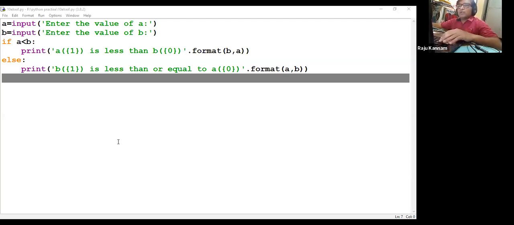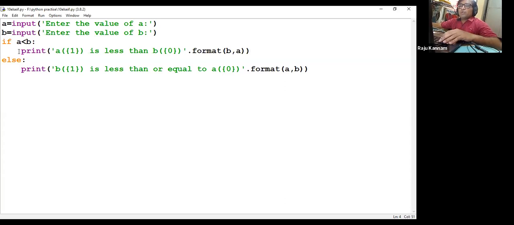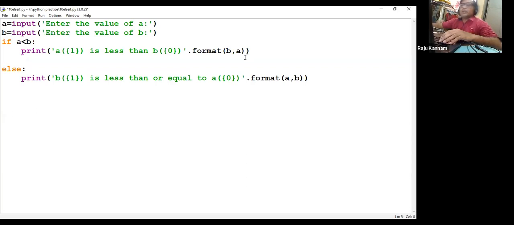Here we are closing the if block. If you want to close the if block, you just come out from the indenting. That means don't give 4 spaces. That's all.